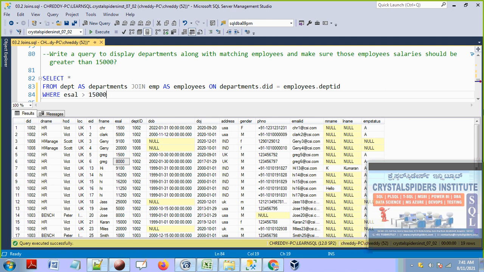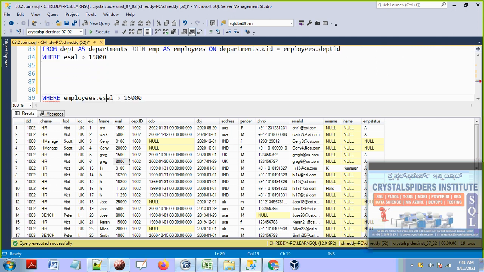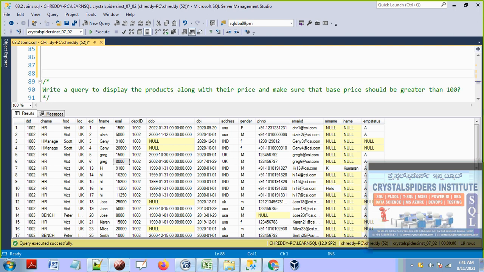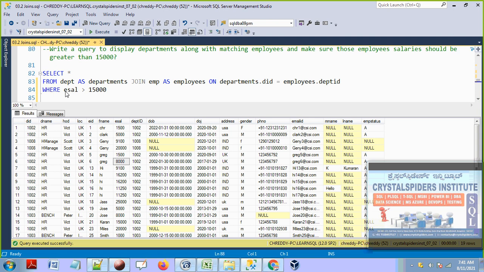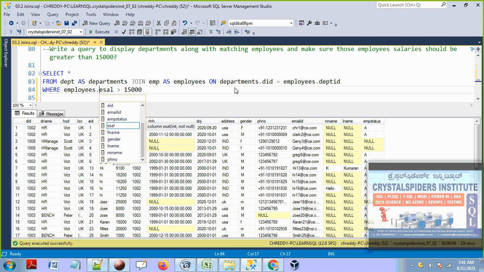That's it. We use the where clause saying take only the records whose salary is greater than 15,000. This is good practice: always use the alias name, so from the employees table, take eSal. Employees is the alias name for the EMP table. Let's execute this one guys.